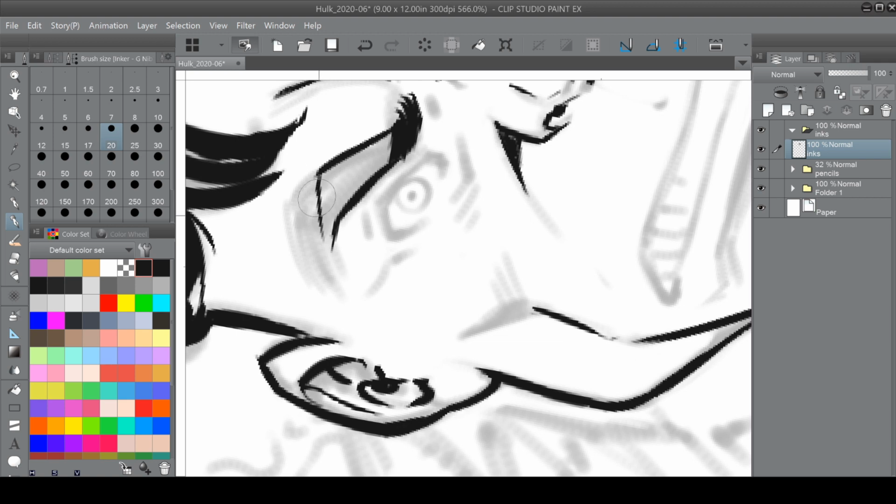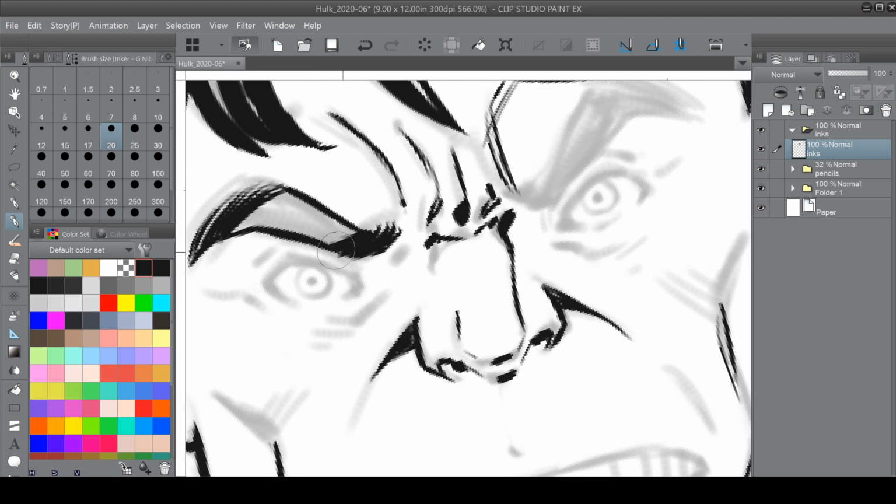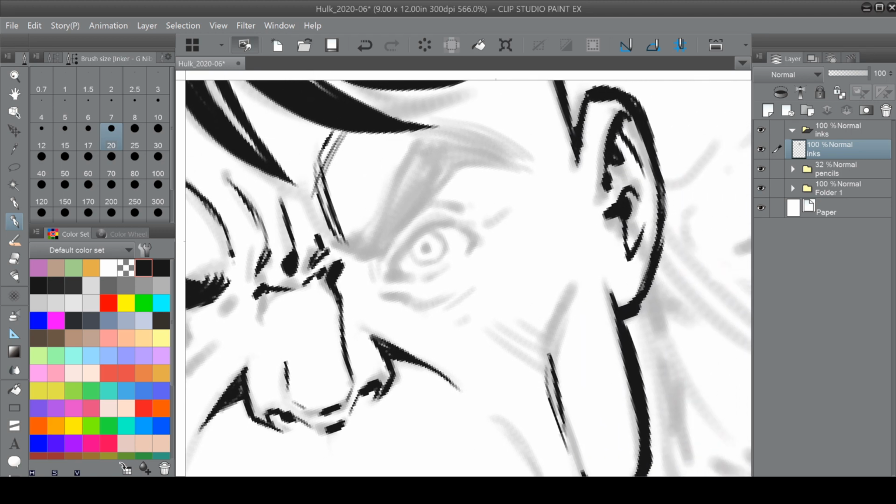I mean, that's what erasers are for, you know? That's what the Control-Z button is for. If I don't like the way something turned out, I'll just erase and try it again, or I will just Control-Z if I'm drawing digitally and just make it disappear, and then try again. So hopefully these things help you and you other artists that might be in the same position of figuring out your superhero character,